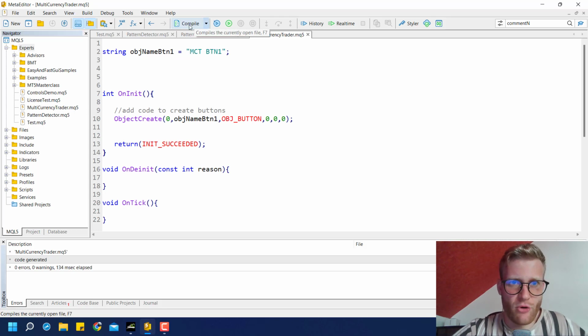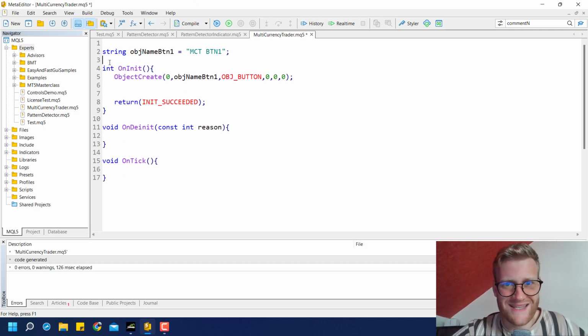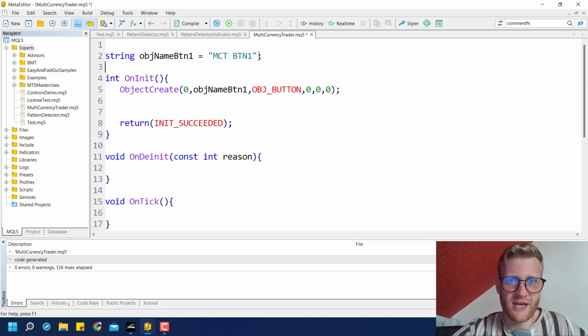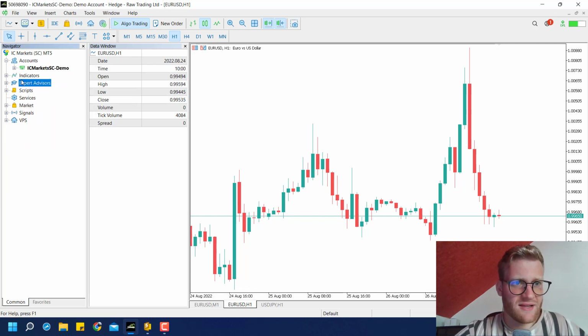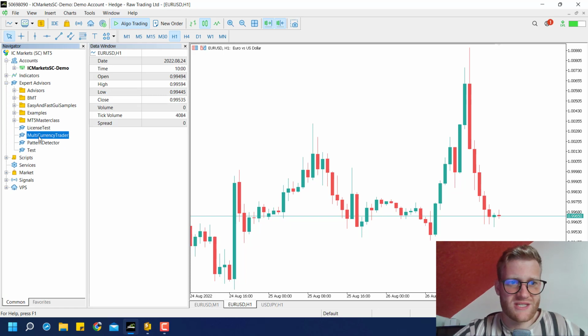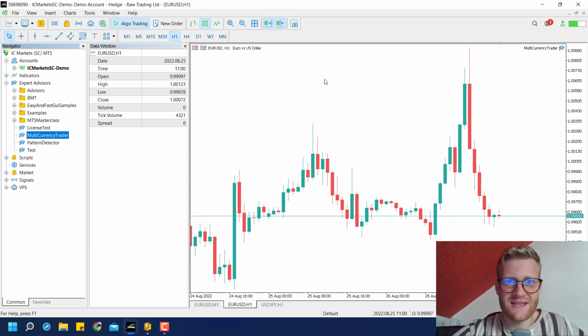So if we compile this program, so click on compile here, you should not see any errors now. If you do see any errors, please make sure that your program looks exactly like my program. And do not forget to put all of these semicolons and these quotation marks and everything. So if we compile this, we go back to the MetaTrader 5, and let me delete these two buttons here. And now I can go to the navigator, and if I click on Expert Advisors, I should find this multi-currency trader. So I can drag and drop it to any chart, click on OK, and we should see that there is a button object created